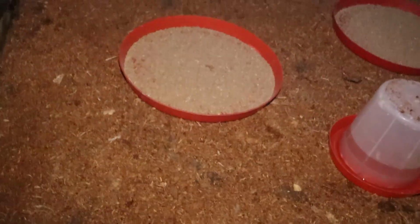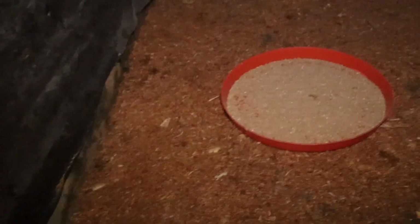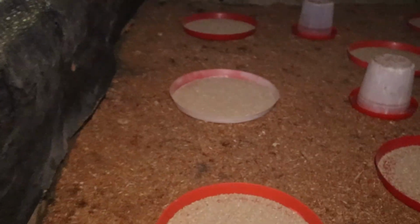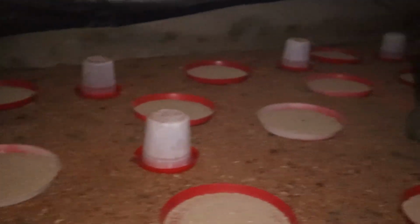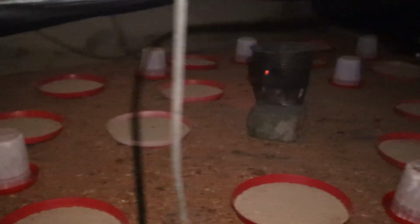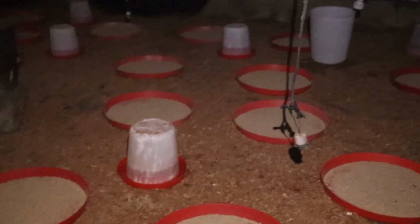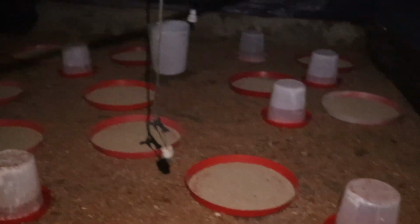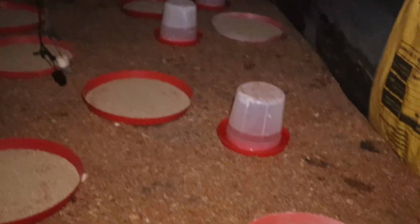Brooding is the first 3 to 4 weeks of your chick's life and is the most critical stage. What you do here determines if they will grow strong or die off. Many farmers lose their profit during brooding because they ignore small but important things. Now, I will go step by step so that you can understand what to do during brooding to avoid mortality,